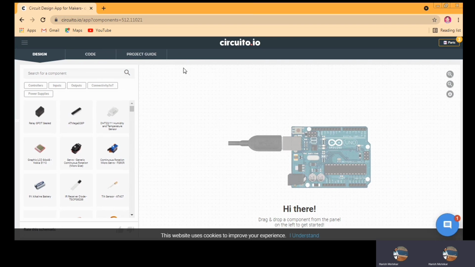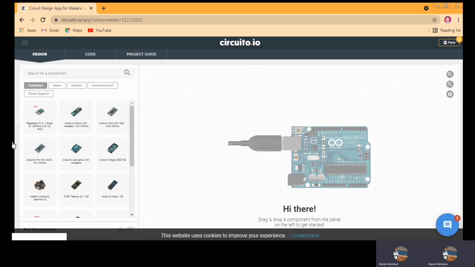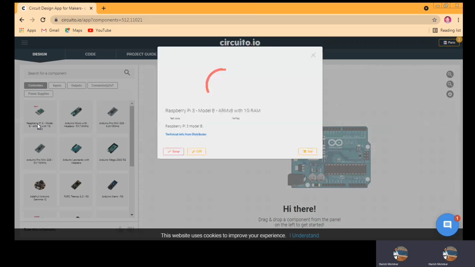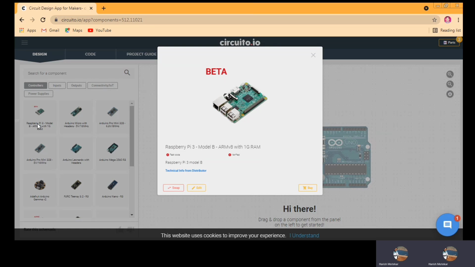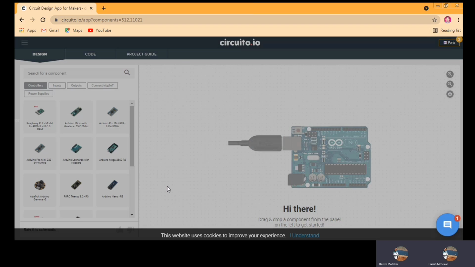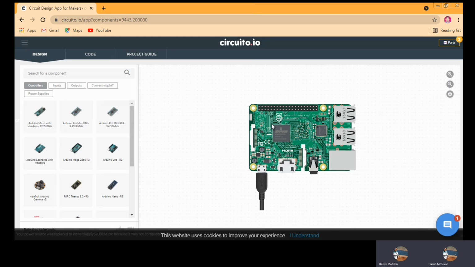When we are trying to make a project, we need to select one of the boards. Here Arduino Uno is already given, but if you want to switch this controller, we can go to the controller section and select one of the controller boards. Suppose I am selecting a Raspberry Pi. Once you click on the Raspberry Pi, it shows you the Raspberry Pi beta. Then it will ask you to swap. Why is it asking to swap? Because we already have a controller. Once we swap, it will show us the Raspberry Pi. You can check the components and all the details about the Raspberry Pi here.